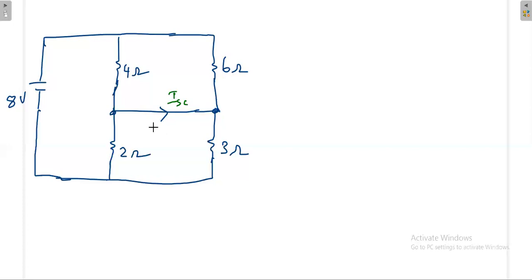Once some resistance is there, you can easily remove it. That only we have seen just now. But if it is really already short, then what is happening? What is the short circuit current? So again, just to go by the method, what is the total resistance? 4 ohm in parallel with the 6 ohm, 2 ohm in parallel with the 3 ohm. First you find out the equivalent resistance. Looking from this, once you find out the equivalent resistance, 24 divided by 10, 6 divided by 5, it comes out as 18 by 5 ohm.